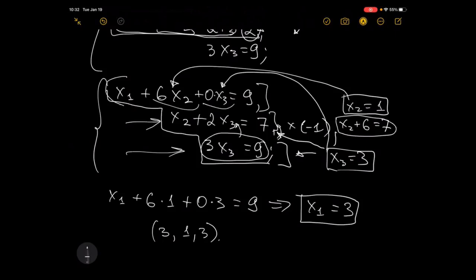And again, you will get equation with one unknown, which is easy to solve. So essentially, when you brought equation into this form, using this process of subsequently solving simple equations, this process is